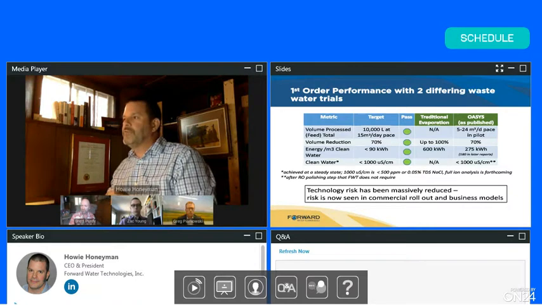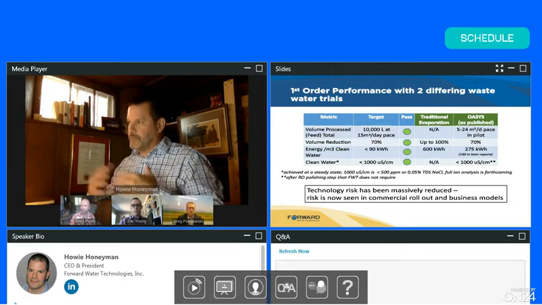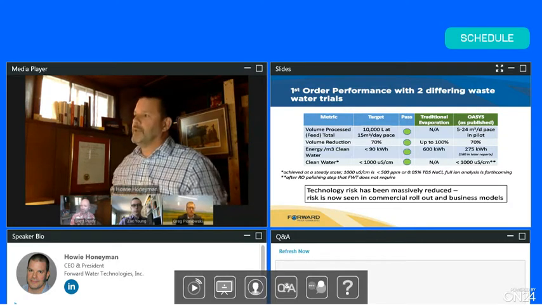Our energy demands to run this process were in line with our predictions, in fact, a little bit better. And the wastewater was clean enough so we could send it down a sewer if we had the appropriate licenses for the site, which we did. But in order to minimize risk, we didn't actually do that. But we could, and that would be the next step,